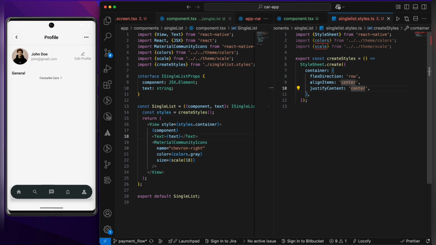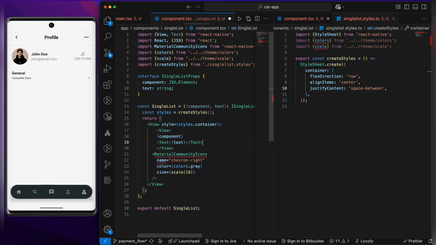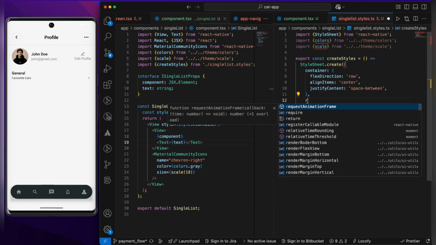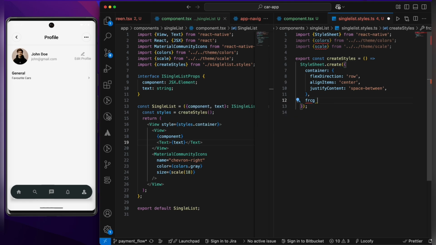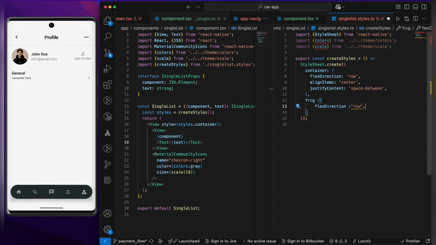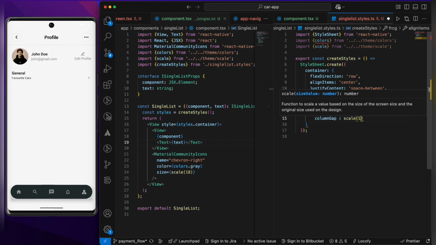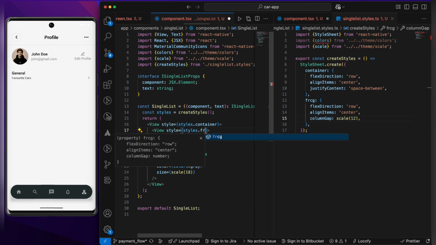Instead of center, let's add justify content space between. So now we will also need this component to be flex direction row. Let's add flex direction row and then align items center and then column gap of 12. Add over here styles.frcg,